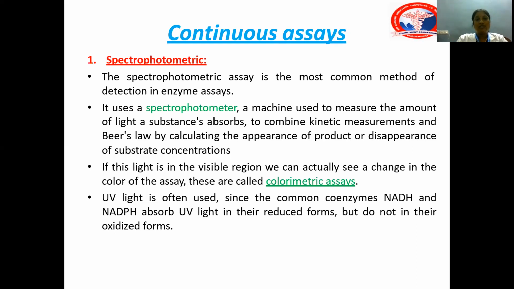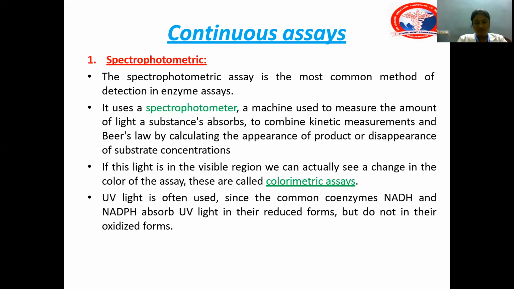What are continuous assays? Detection method. The first detection method is by spectrophotometry. Spectrophotometric assay is the most commonly employed method of detection in enzymatic assays. Here they use a spectrophotometer, a machine used to measure the amount of light a substance can absorb, and to combine kinetic measurements and Beer's law by calculating the appearance of product or disappearance of